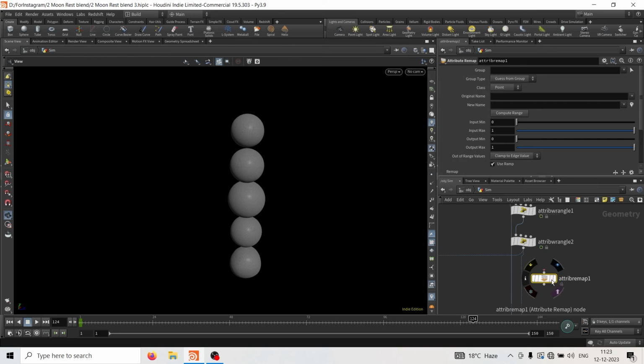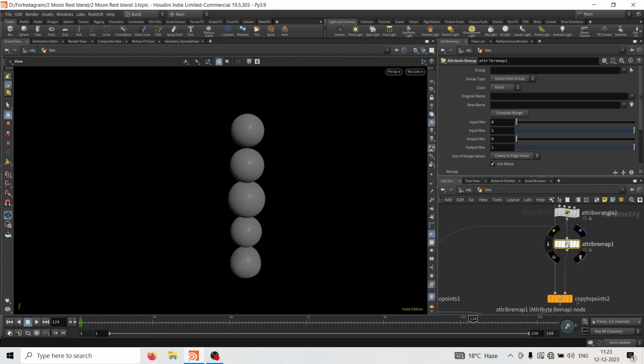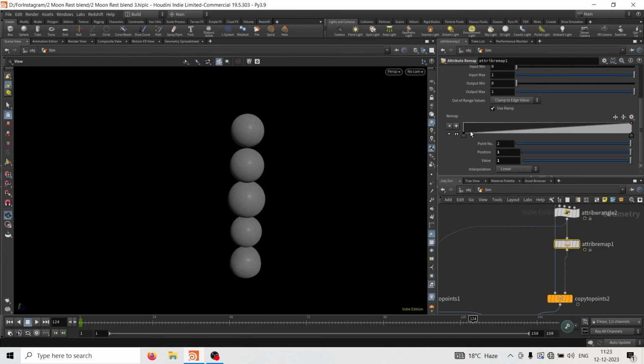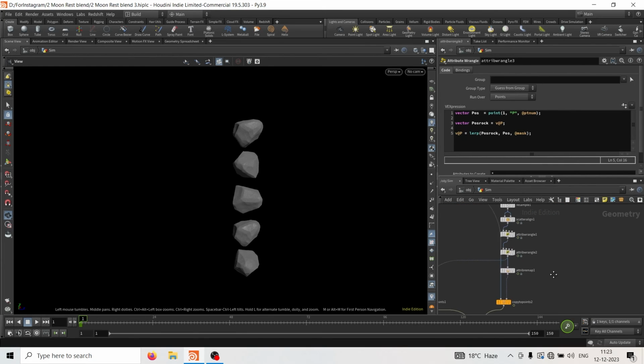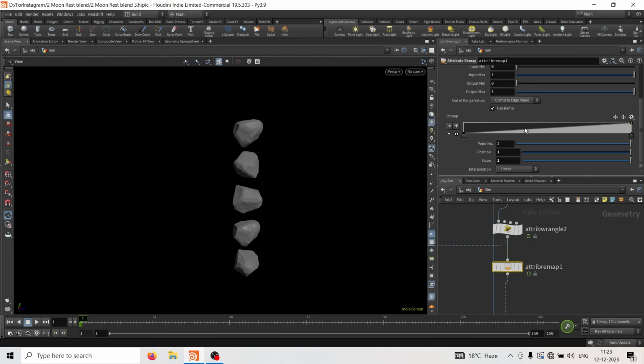So I'm going to use an attribute remap node here. Okay, and in the attribute remap, what we are going to remap is the mask attribute. And what I want is, I want all of them to be rock initially, then for a brief moment I want all of them to turn to spheres, and then again I want them to turn to rock. And for that I will manipulate the mask attribute here. Okay, so let's bring changes to the mask attribute with the help of this ramp. I'll bring this first point to